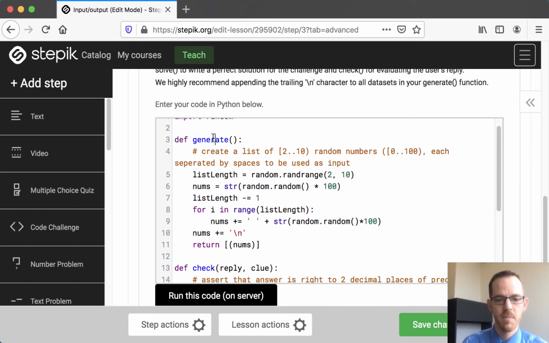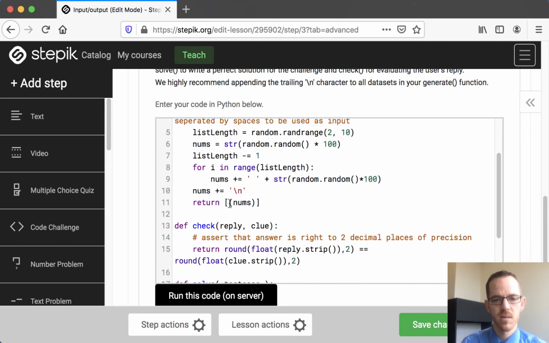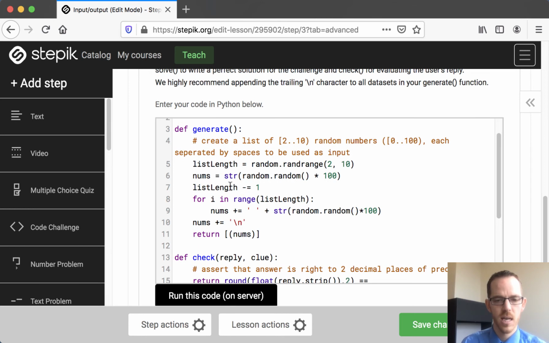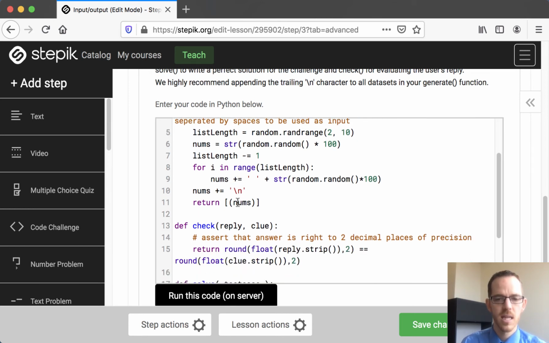This is a stepic specified function here, and we're going to create a list of a length at least 2 and up to 9 random numbers, 0 to 100. And what we're going to do is we're going to separate them by space. We're going to make it a string and give that to the generate function,